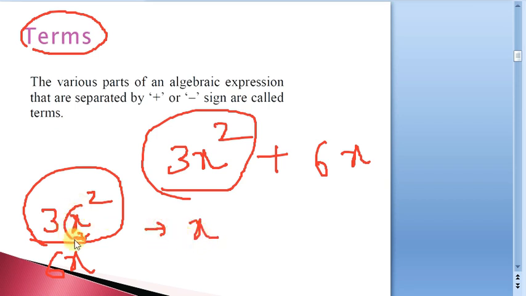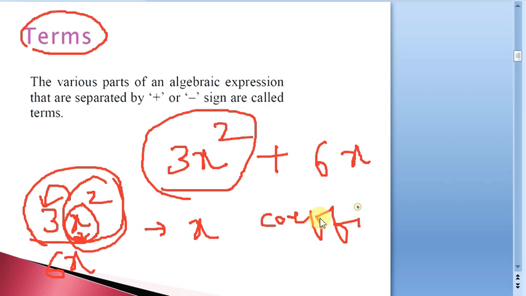Now for this x, it is being squared first, and for this entire variable, the numeral, meaning the number which is presiding over it, is known as the coefficient. Except for this part, this particular 3, we call it the coefficient. So here x square is there. For this x square, 3 is the coefficient. And for this x, whatever is there in the power, we call it the exponent. So here the exponent is going to be 2 in this case.